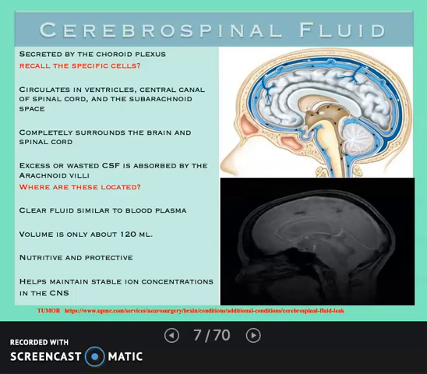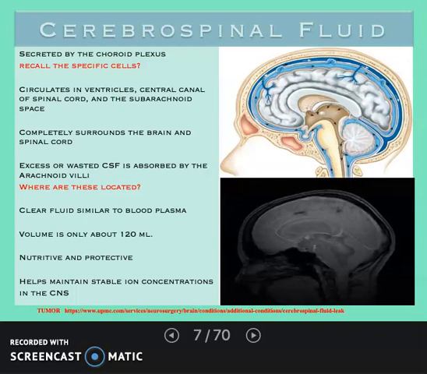and it carries a lot of cool, good stuff that the brain needs, like glucose or electrolytes. So it has a nutritive function, and it also protects because it's how the microglia can get around the brain. That cerebrospinal fluid carrying all those electrolytes, and electrolytes are important to brain function, allow for stable ion concentrations to